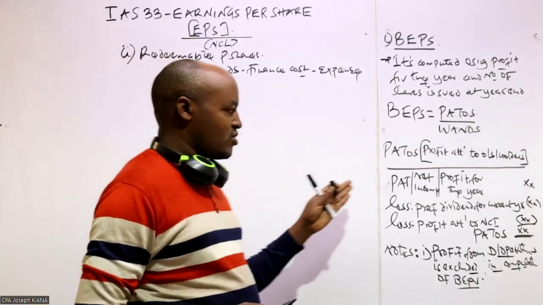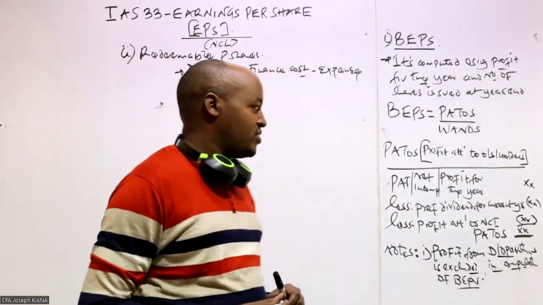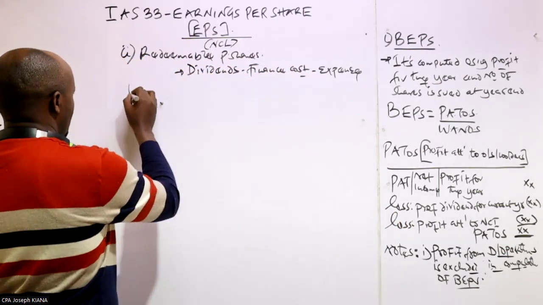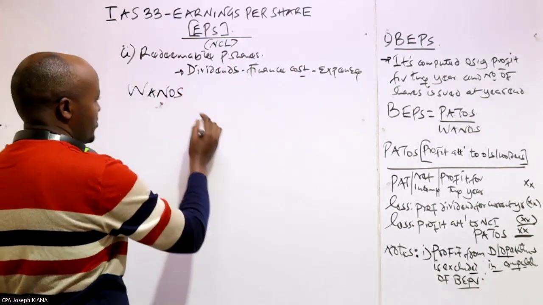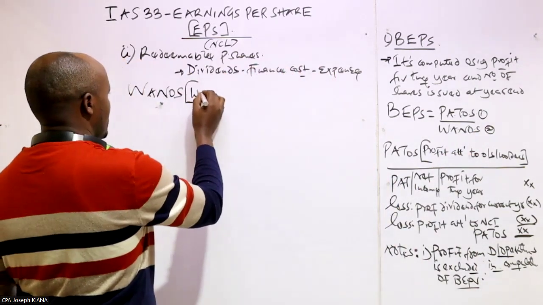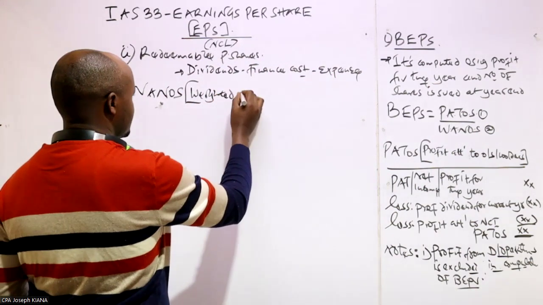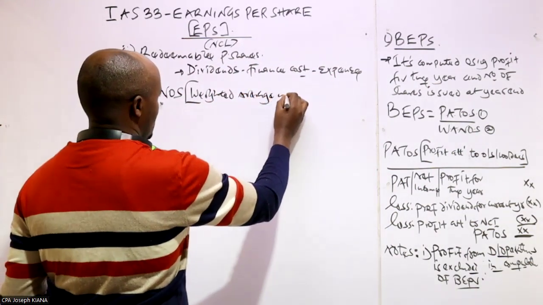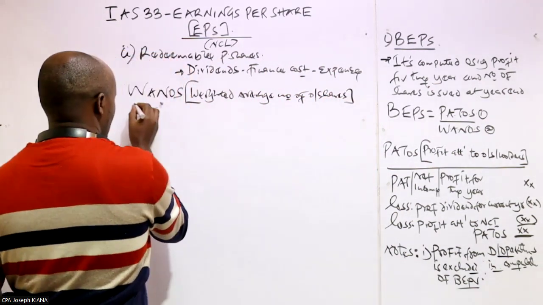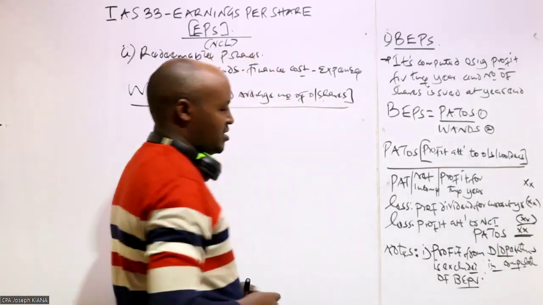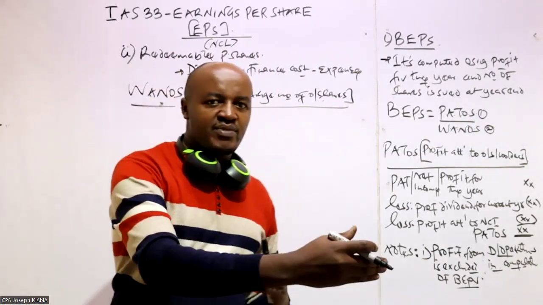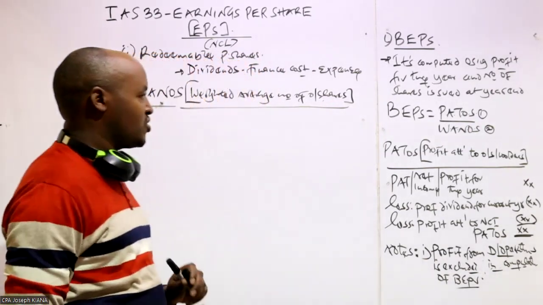So as far as the computation of the profit attributable to ordinary shareholders is concerned, that's what you need to know. Next, I want us to look at how we compute the other item here, that is WANOS. WANOS in full, we have said is what? Weighted average number of ordinary shares. It's also important to remember that ordinary shares are also known as equity shares. So how do we compute the weighted average number of ordinary shares, which we use in the computation of basic